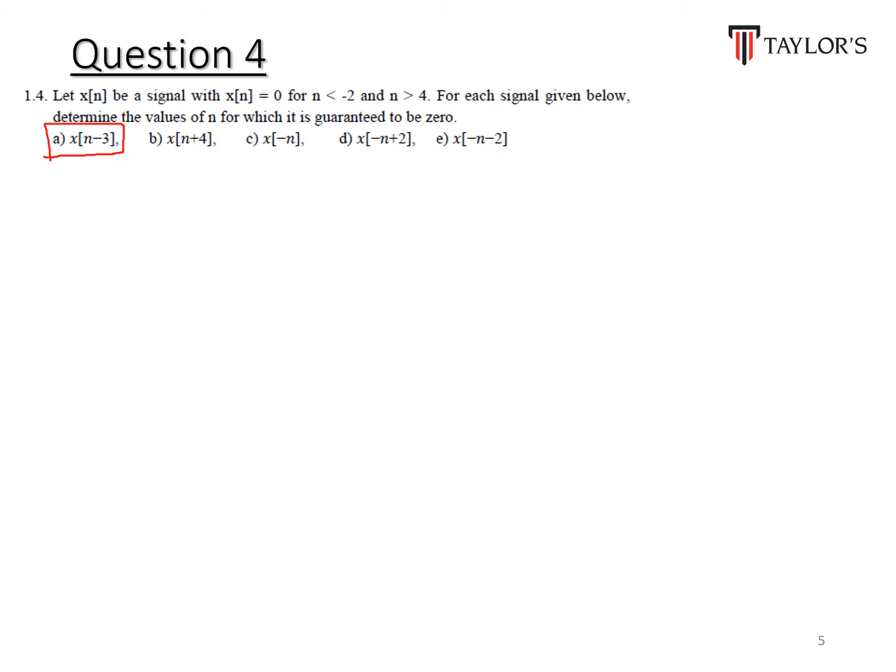So we want to guarantee that this x[n minus 3] is 0. What you can do is that the question states that when n is smaller than negative 2 in x[n], remember this is in x[n]. So what we need is this thing smaller than negative 2. Therefore we have n minus 3 smaller than negative 2, so n smaller than 1. And the other side, we also have